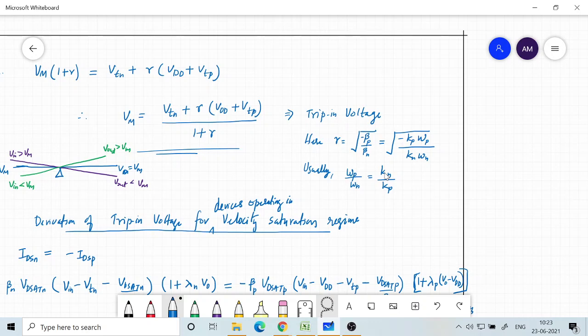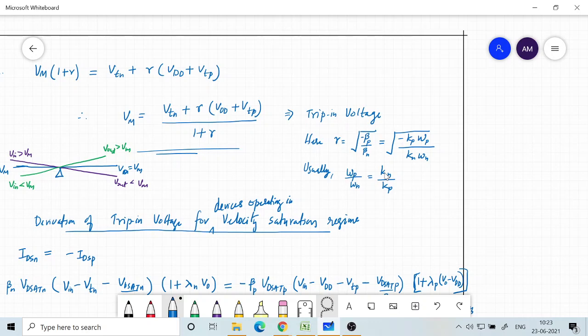So we will see the consequence of not keeping that way in the design of the inverter when we discuss, maybe in the next class, when we will discuss the dynamic characteristics. So far it is all static characteristics we are looking at.